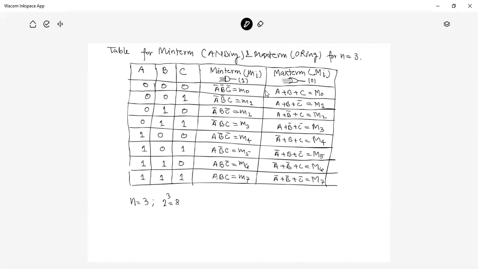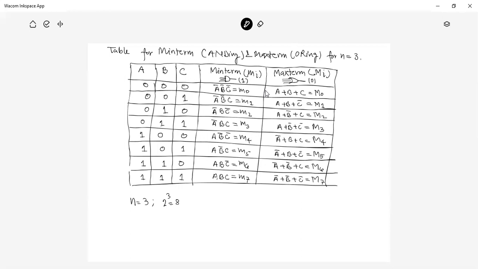So what our objective is, for the min terms, we make the output 1, high. On multiplication, each term must be high. So if it is not high, then we make it high by using complements. Here it is 0 0 0, all are 0, so we make the complement, that is A bar, B bar, C bar. So it is 1 1 1, and that is M0. Here it is 0 0 1, so A bar, B bar, C, M1. Here it is 1 0 0 with A and C zero, so A bar, B, C bar, then it is M2.